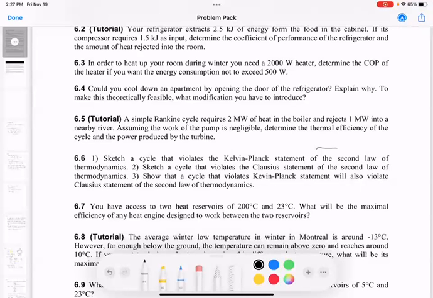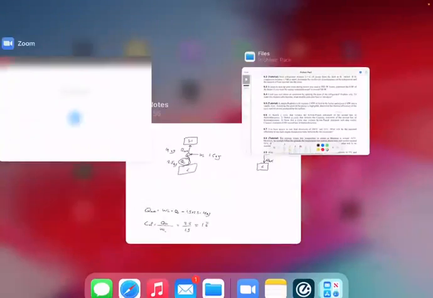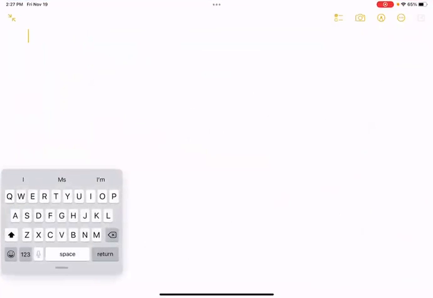So we're going to continue with question 6.5. A simple Rankine cycle requires 2 megawatts of heat in the boiler and rejects 1 megawatt into a nearby river. Assuming the work of the pump is negligible, determine the thermal efficiency of the cycle and the power produced by the turbine. Right? So this is similar to what we just did before, but instead of a refrigeration system, it's a heat engine. Specifically, this is a Rankine cycle, and we're told that we can neglect the amount of work